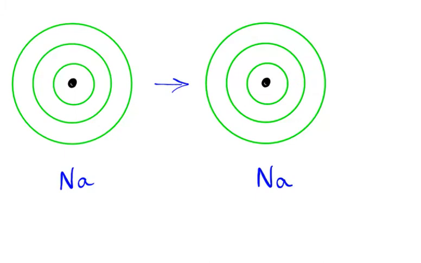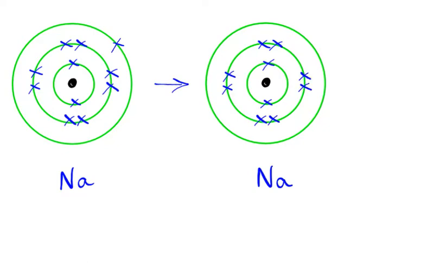Quite often we'll be asked to represent this as an equation. Let's do it with sodium. So if we take a sodium atom, a simple diagram for that. So we've got 2 in the first shell, 8 in the second, and 1 electron in the third outside shell. So what's happening with the first ionisation energy is that we're going to be removing this outside electron. So basically we're going to get rid of that outside shell, and that electron is now just going to be